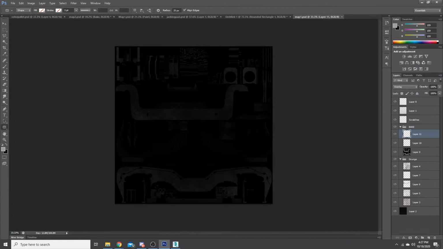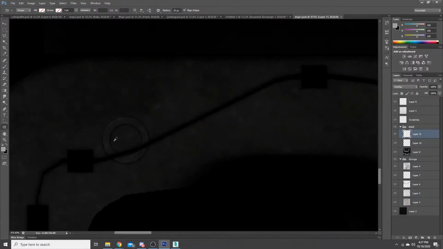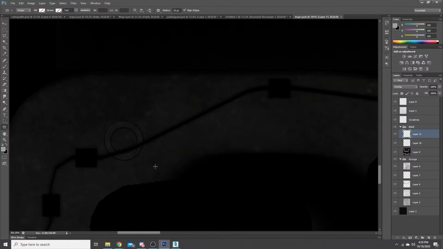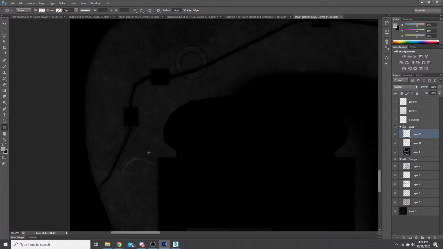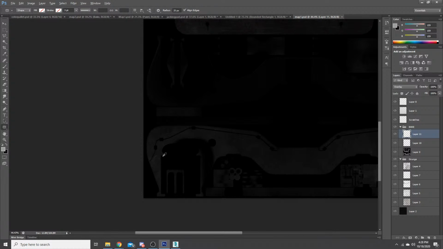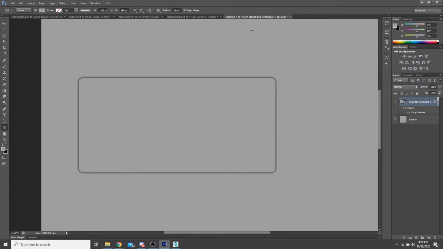Oh yeah, I still have to redo the bump texture for the map. So yeah, if we come over here to this part right here, that's what the bevel and emboss is really, really good for. Or this thing right here. It's these raised portions. Kind of an interesting little thing.